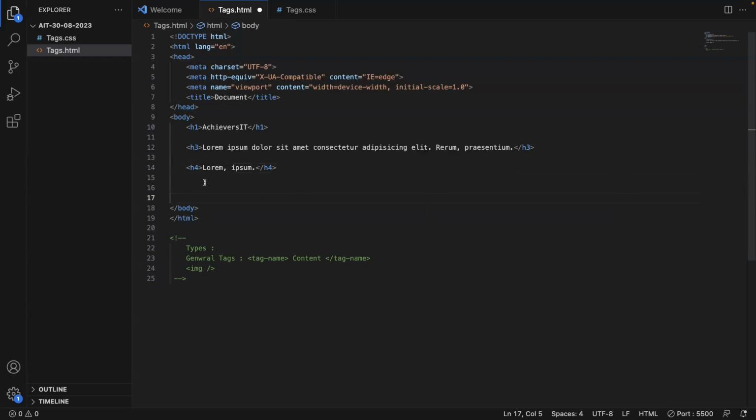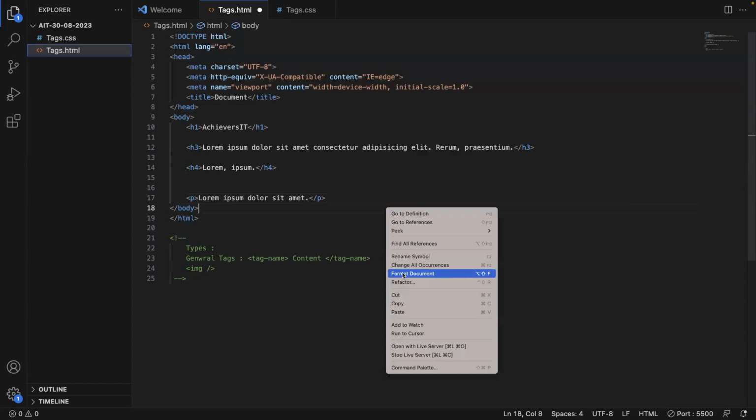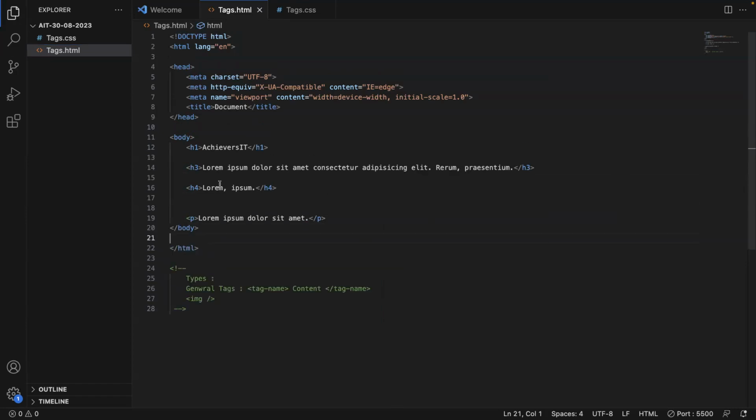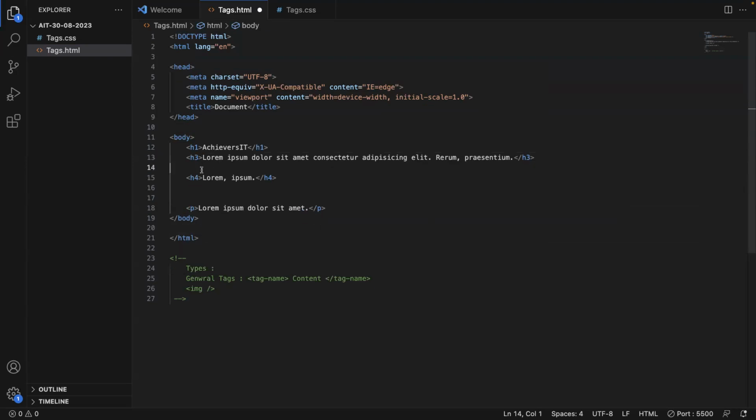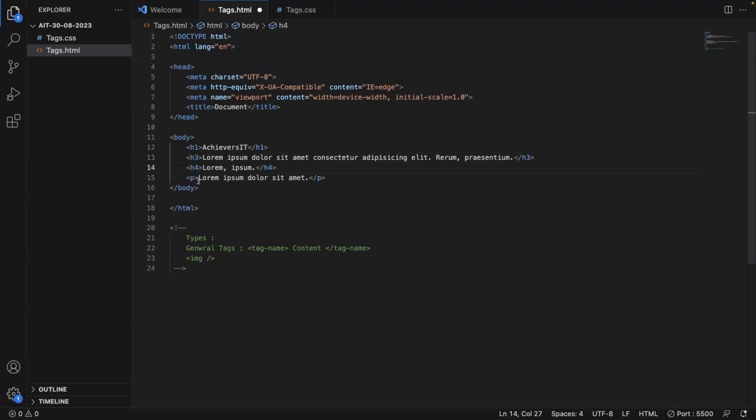Next, let me go with the p tag. Now if you see here, we have 4 different tags. Each and every tag that I started, I ended with the same tag. I was not using any different tag, right? Here I used h1 and ended with h1, h3 ended with h3, h4 ended with h4, and the p tag with the p tag. Now if I go back to the browser